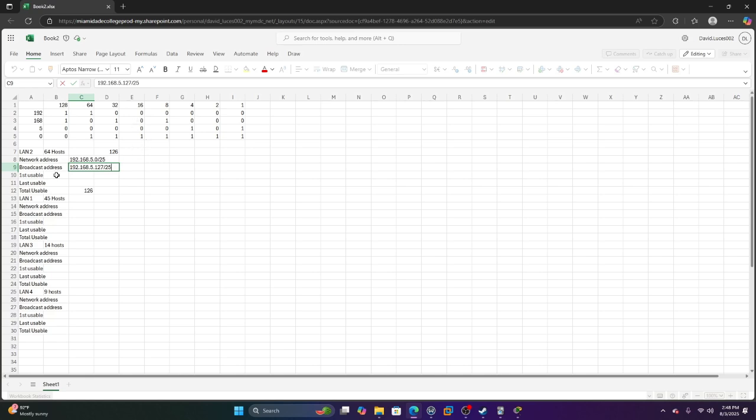So our first usable address here, we're just going to add 1. Let's bring this all back to 0. And so we're just going to add 1, add 1 bit each time. So we're going to go 1 in this case. So our first usable address, we're just adding the 1, right? And it gives us